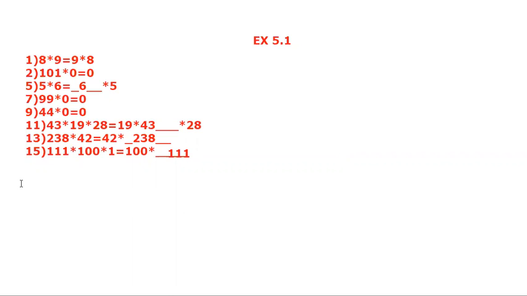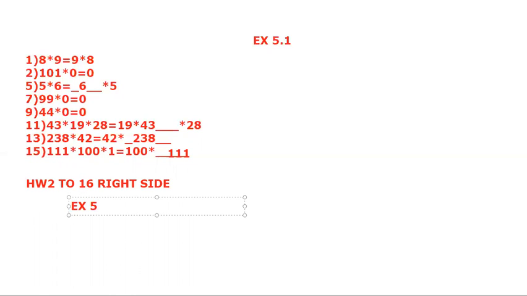Now, note down your homeworks. Homeworks 2 to 16, the right side. Do it by yourself and take a clip, take a photo and send it through WhatsApp. Okay? Now let's go to exercise 5.2. It's also very, very easy. That's why I'm giving it to homework along with this.